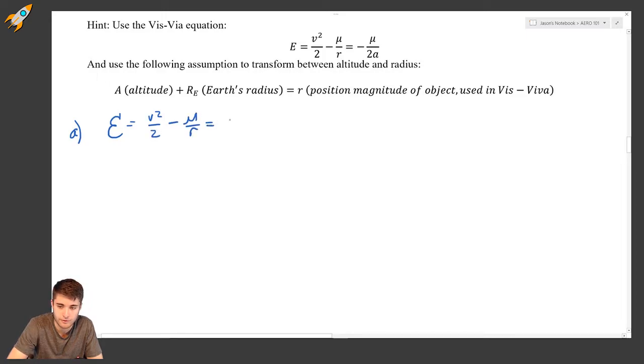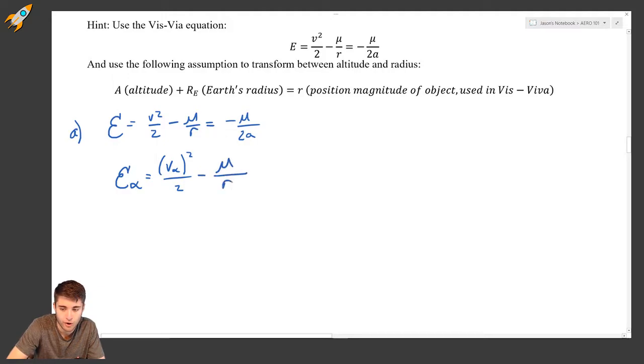which is also defined as negative mu over 2a, right? So let's do the energy of alpha first. The energy of alpha then is equal to velocity of alpha, which we were given, squared over 2, minus mu over r of alpha, or the position of alpha, where